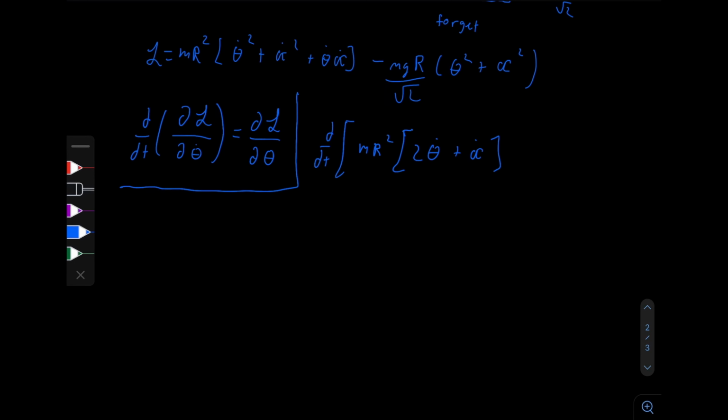And is there anything else with respect to theta dot? No, there isn't. So we're done with that. That's going to be equal to,